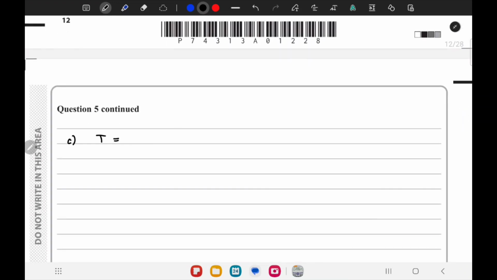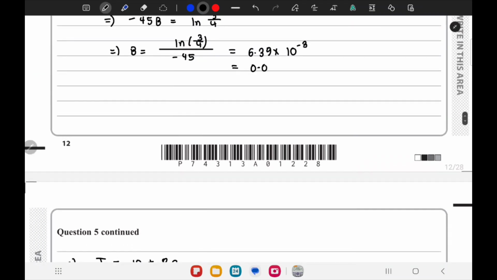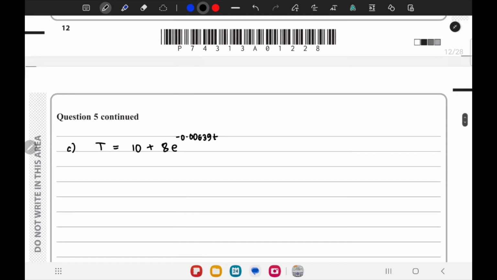So T was 10 plus 8 e to the power minus 0.00639 t, we can also write it like this. So dT by dt will be 8 times minus 0.00639 e to the power minus 0.00639 t,